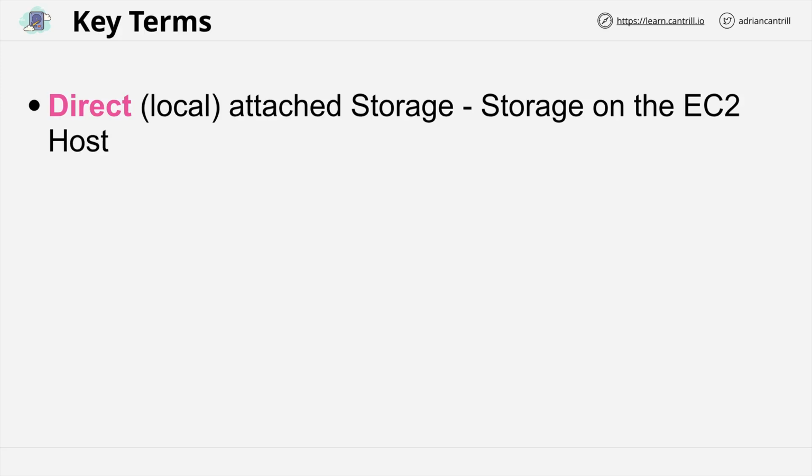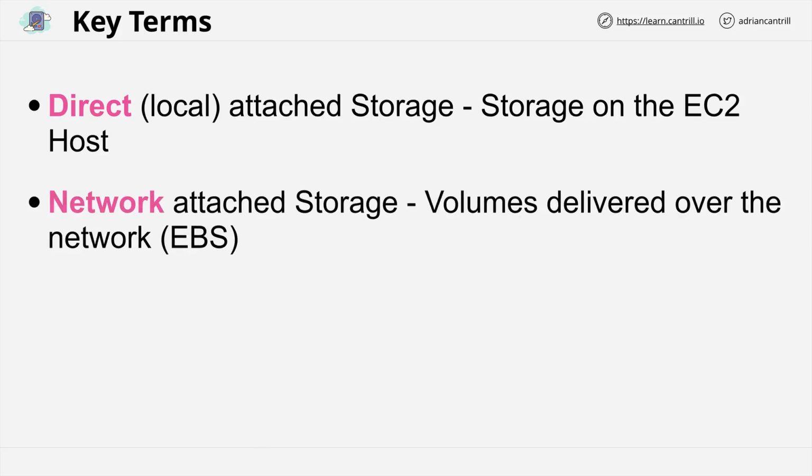The alternative is network attached storage, which is where volumes are created and attached to a device over the network. In on-premises environments, this uses protocols such as iSCSI or Fibre Channel. In AWS, it uses a product called Elastic Block Store, known as EBS. Network storage is generally highly resilient and is separate from the instance hardware, so the storage can survive issues which